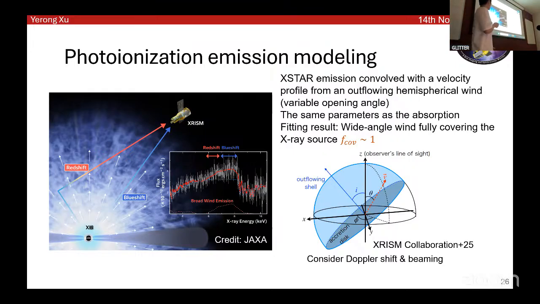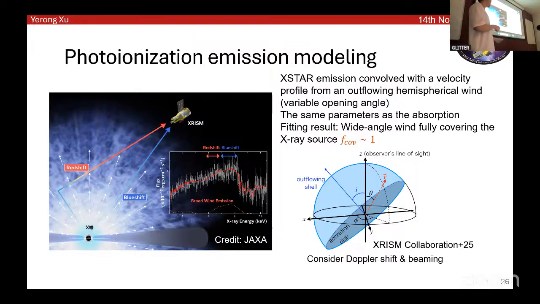So these red lines show you the best fits of the model, and the results provide the covering fraction to be unity for the target. And that means the UFOs could fully cover the sky of the X-ray source in PDS 456. And the right is a schematic plot for that velocity profile. So when we have all the